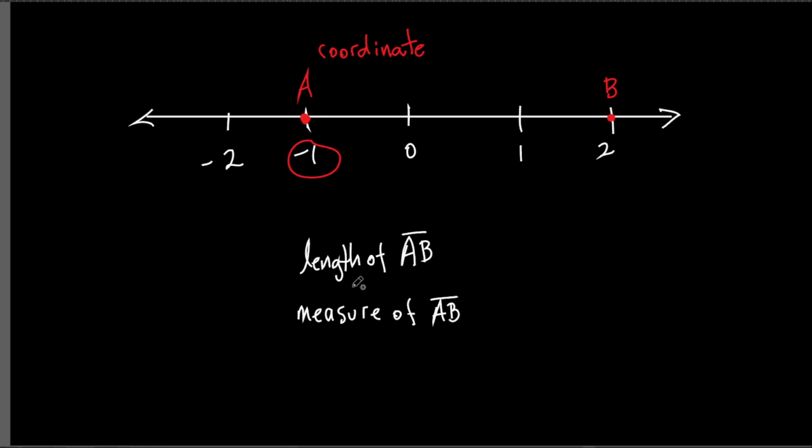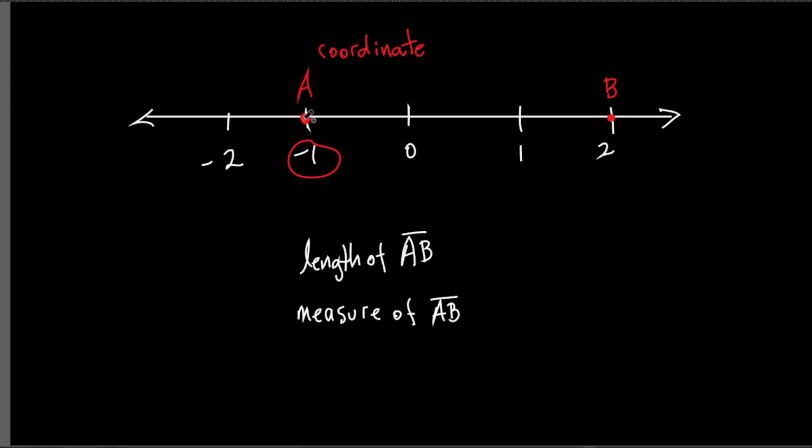But they won't write it out like this, okay? There's an actual symbol, like we've been doing, right? We did symbols for lines, for line segments, for angles, for rays, for all that kind of stuff. Here's what's kind of weird about this. If I want to talk about the length of line segment AB,